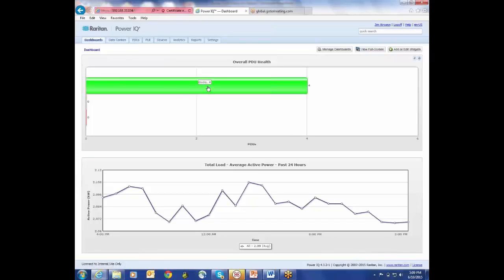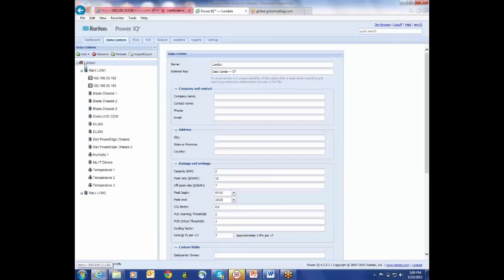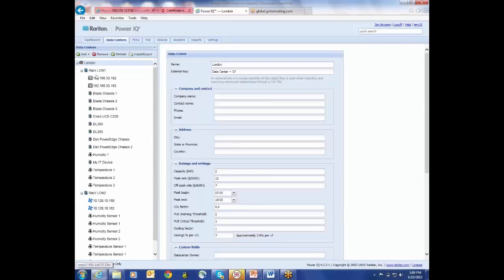So I come to my dashboard and I can only see 4 rack PDUs, and I see a limited load for this system based upon that view. If I look at my data center tab, I can see that I can only see the London data center because Jim Airways has only been given the ability to see the London data center and the children of the London data center. So I could see 2 different racks, 4 rack PDUs. So now I'll log off